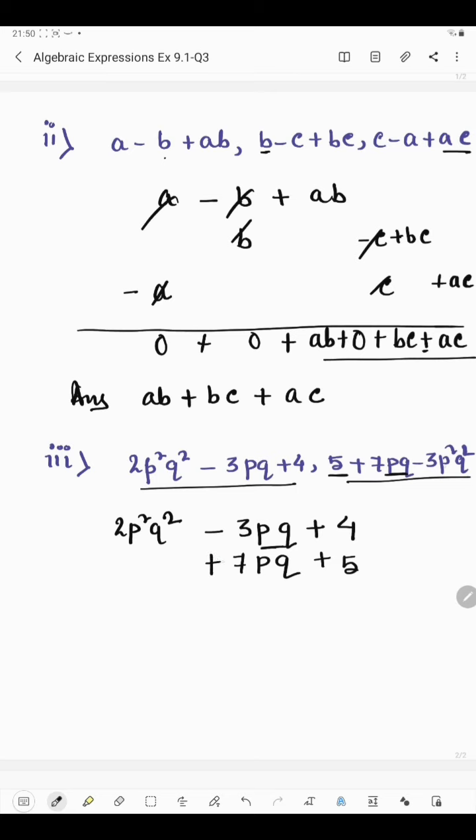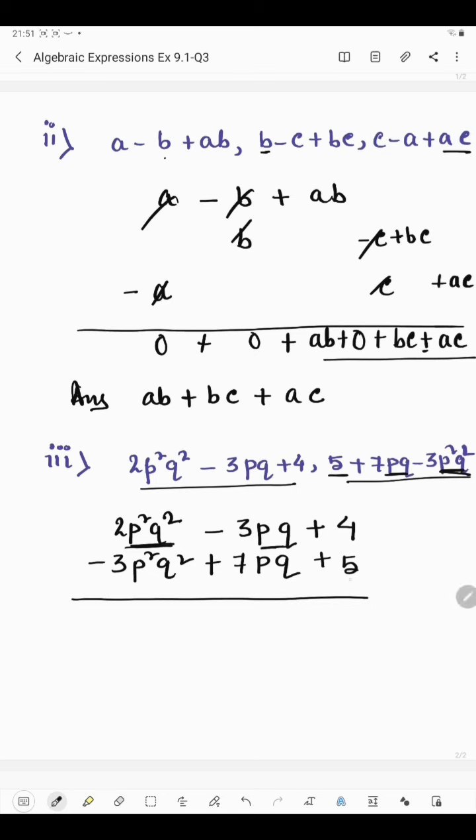And then we have p square q square, and this p square q square is matched with this 2p square q square, because these are like terms. So below 2p square q square we will have to put minus 3p square q square. So here, we'll check the variable before putting. Here we have p square q square and below this we have put the same. Okay, then pq and pq is the same term, so we will have to put it below, and these are the constant part. Okay, now we will add this.